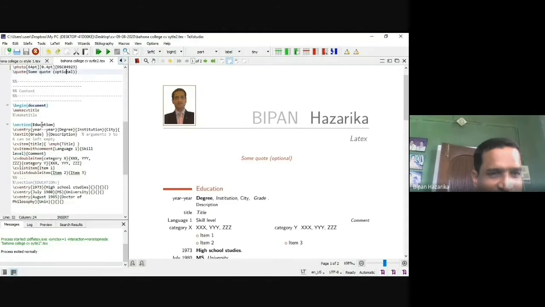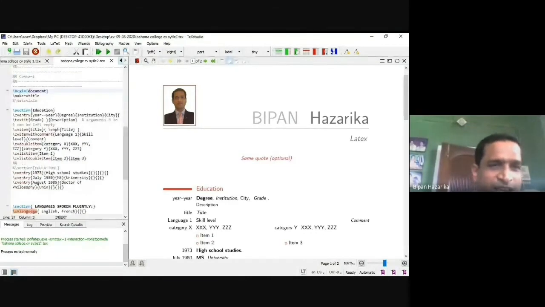So the main thing is what? Begin document and end document. Now you see the section. The section is education, so that means this is our education. After running this text file, it shows education. Then we write in which year you got your degree, the different degrees, the institute, the city, everything within these brackets. If you write 2000, 2001, it is shown here. The degree is shown here.